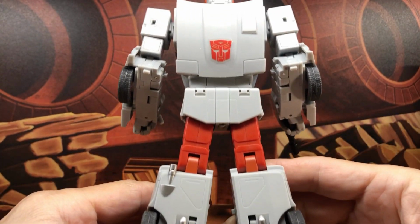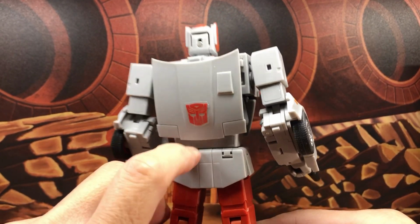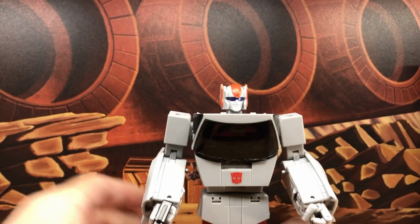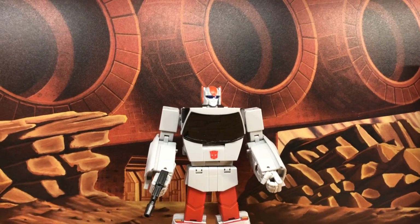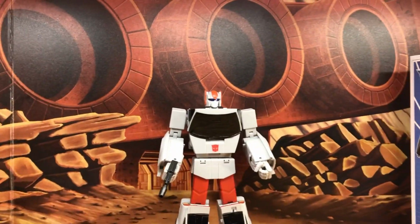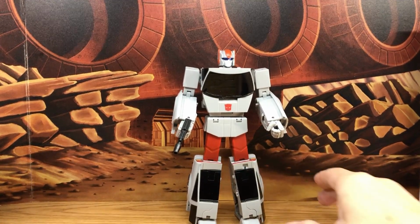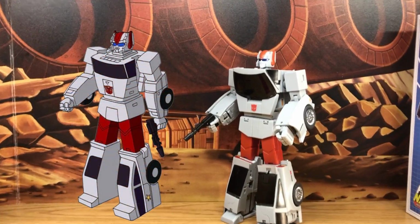So there's the back. Put the Autobot symbol. You can't avoid having it on his back because that's his hood. So really nice. Really, really nice figure. So now what I like to do is let's compare this with the animation model and see how well